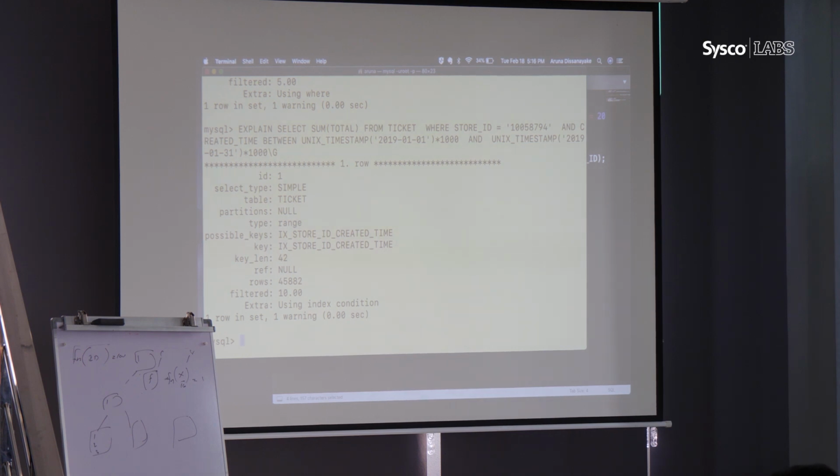If we create the index this way, first it tries to identify all the rows which are in 2019. In this case the majority of the stores were created in 2019, so almost all the rows are in 2019.